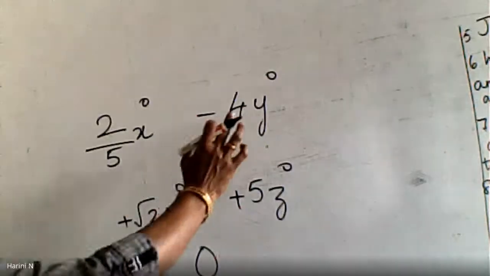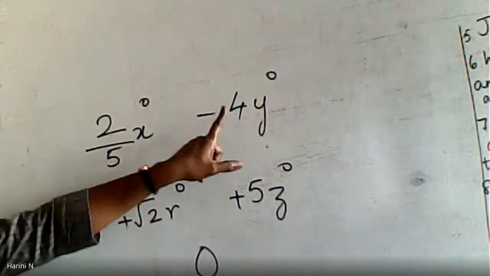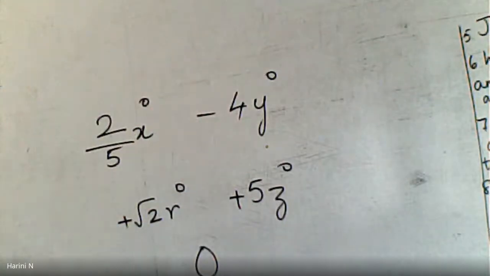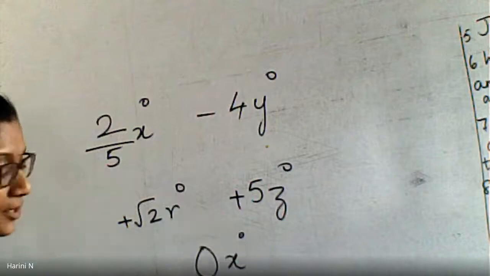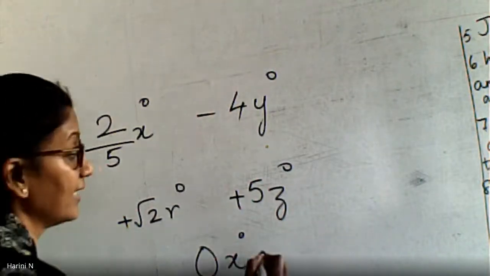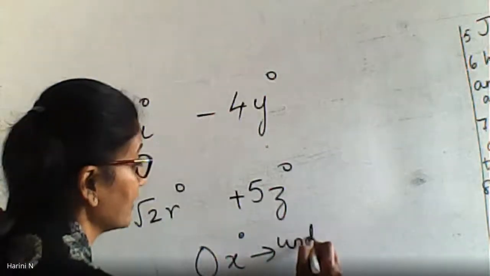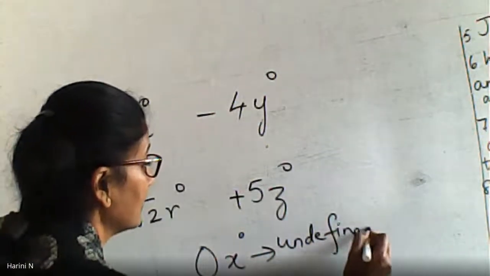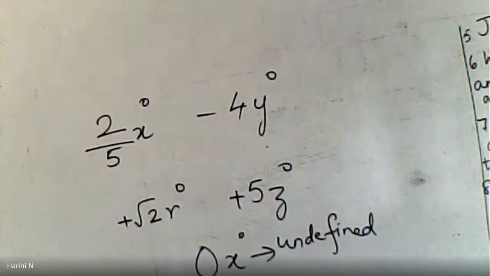Degree of a zero polynomial is not 0. Degree of a constant polynomial is 0. Here if you put x to the power 0, finally the value is going to become 0. That's why she said it is undefined. In that video it was discussed that the degree of a zero polynomial is undefined.